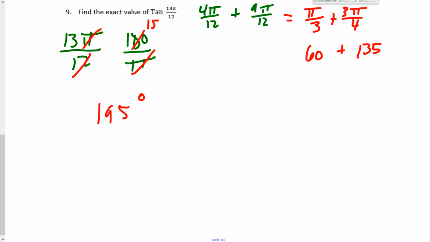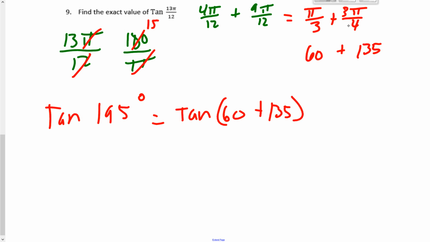So we're finding tangent of 195, which is going to be a 60 degree plus a 135 degree. Right? So you could do radians, or you can just switch to degrees. But eventually you'll have the same thing dealing with the 60 degree plus a 135 degree. So 135 degree again is 3 pi over 4, so that's what's nice about the radians. I know it's a fourth, so I know I'm going to look at 45, right, which is going to be,